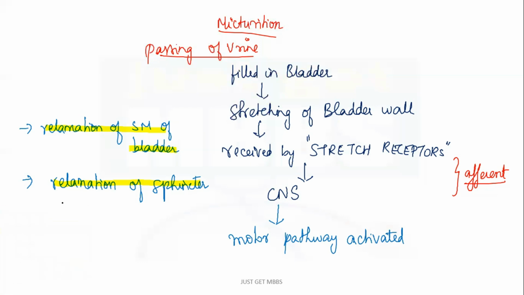So one possible question that they can ask is, micturition happens when? They can give you the following options, like relaxation and contraction, contraction, relaxation, relaxation, relaxation, something like that. So it is relaxation of smooth muscles of the bladder and relaxation of the sphincter that is going to favor micturition. Now, a few points about urine. So that is about micturition.